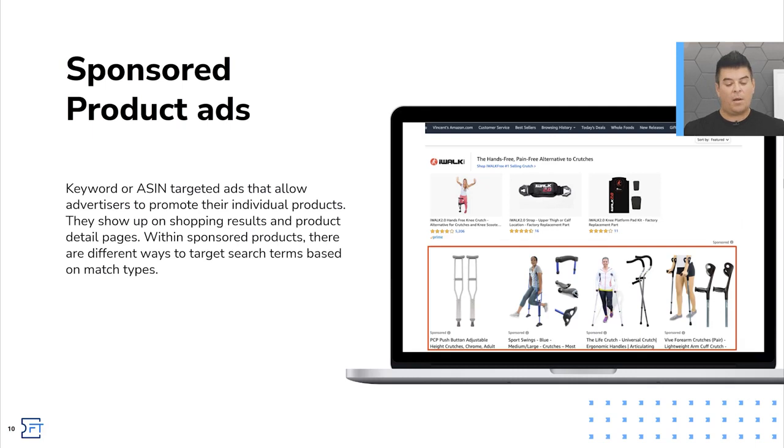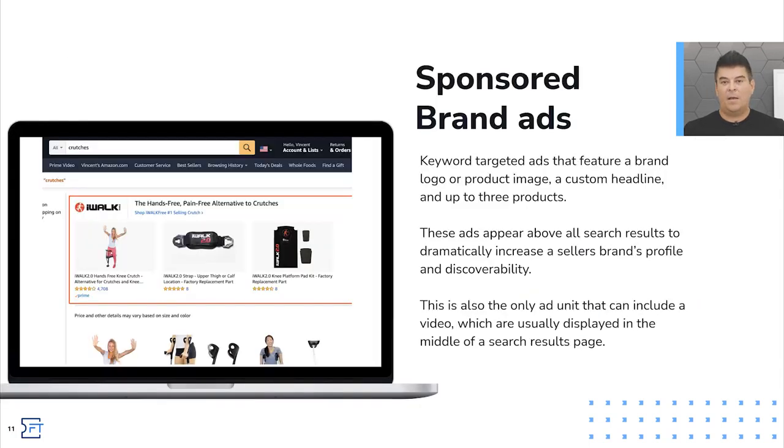Within sponsored product ads, there are 3 different ways to target search terms based on match types, which I'll go over in the next couple of pages. Sponsored brand ads are the second campaign type that you can run in Seller Central. This is the one that you see right at the top when you do a search query. It's typically got 3 different products in it. It's got an image and a headline and a logo, and it really catches the attention of shoppers as it's